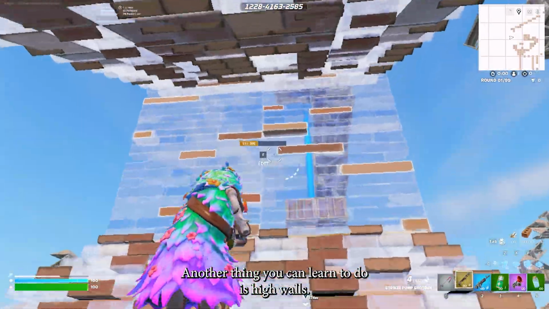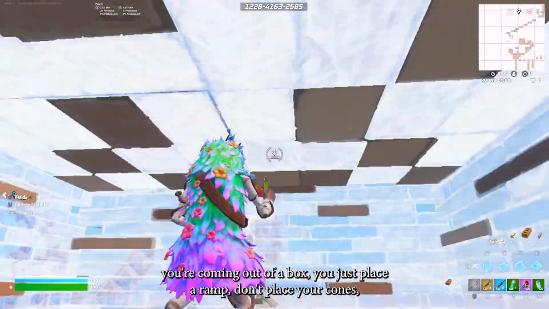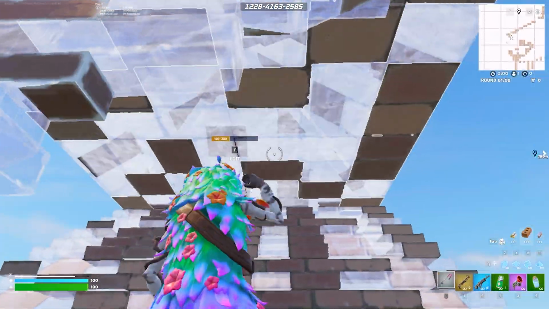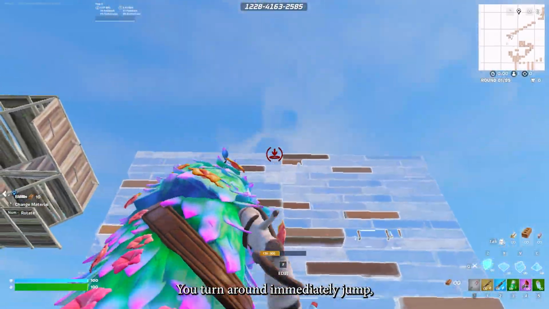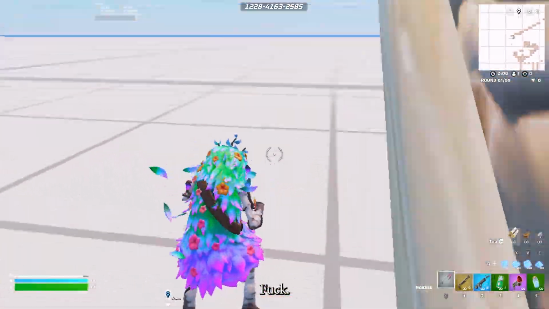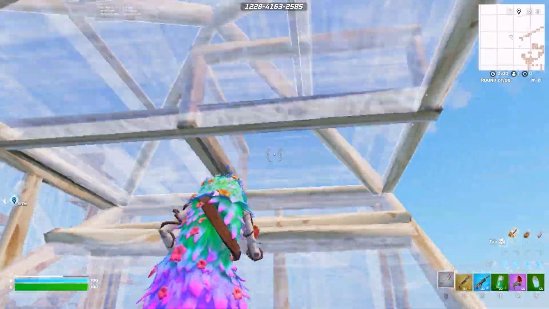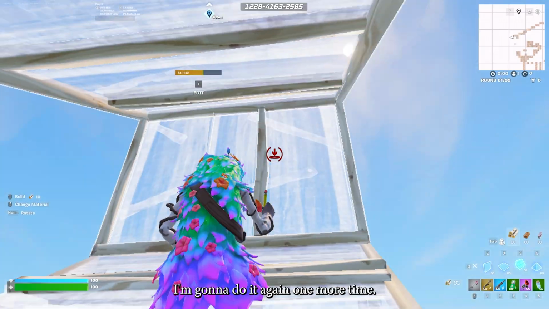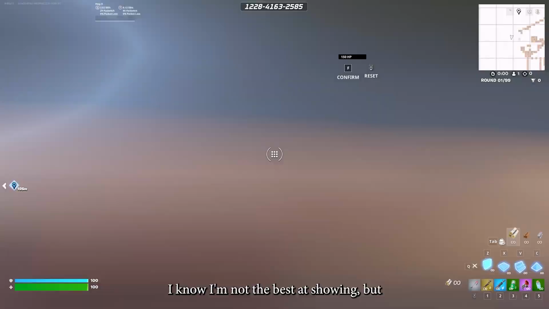Another thing you can learn to do is high walls, but that's the easiest thing ever. When you're coming out of a box, you just place a ramp. Don't place your cones, because then you won't be able to place high walls. You turn around immediately, jump, and then you want to catch yourself on this ramp. Or something like this. Like that. Let me do it again one more time. I do it pretty slow. I know I'm not the best at showing, but